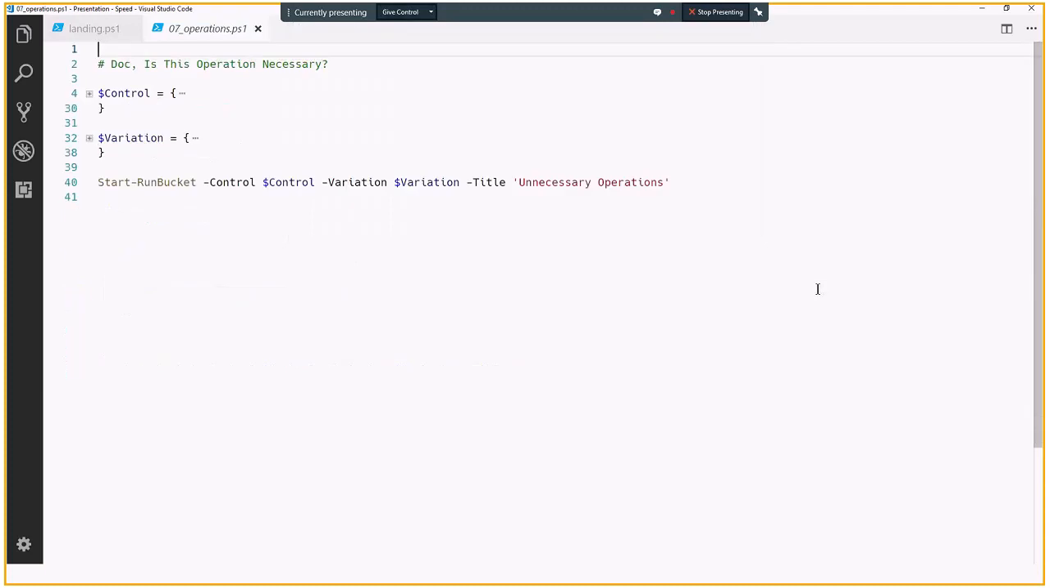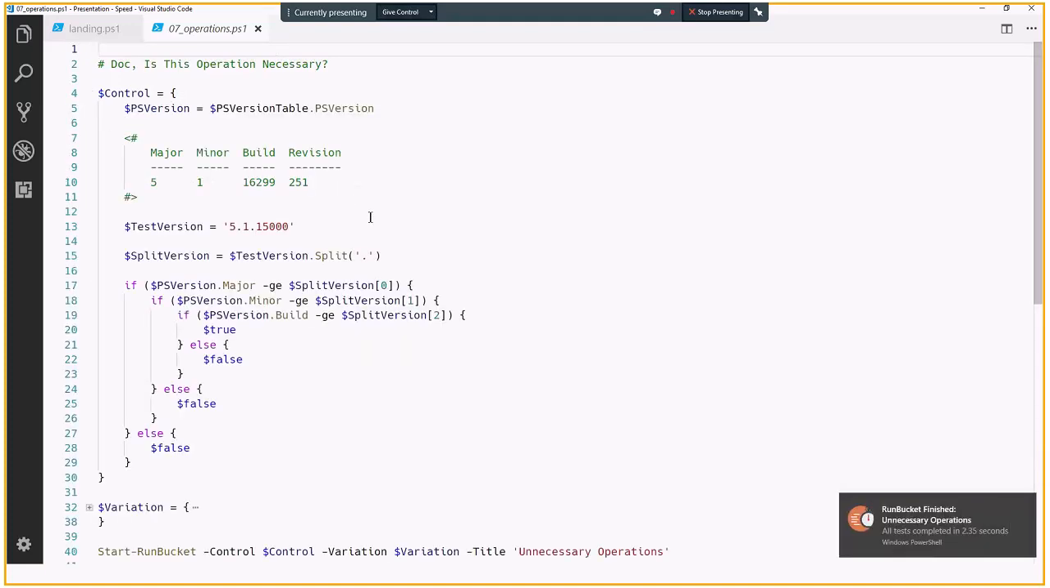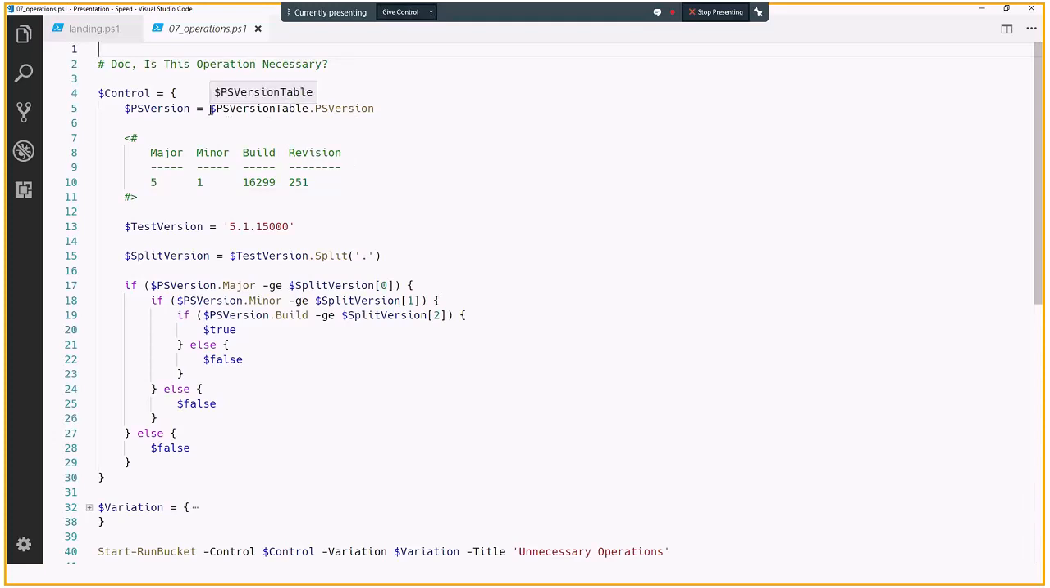Now, this is one that may be a little tight on the timings as well, but it's doing unnecessary operations. And again, this is one that's maybe not the best example for this, but it's a neat trick that I ran into recently when I was doing a software deployment. So I needed to know what version of something was installed on my machine versus a version that I was planning on installing. So to demo this, I'm using the PowerShell version,